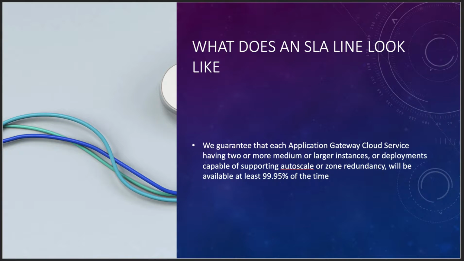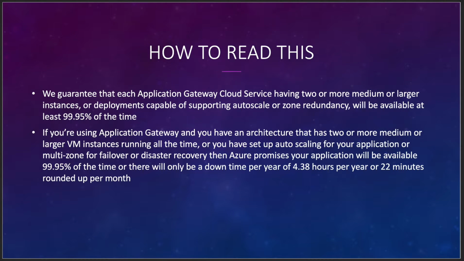So an SLA is pretty straightforward. This is one straight from the tabular data. So the SLA is: we guarantee that each application gateway cloud service having 2 or more medium or larger instances or deployments capable of supporting auto scale or zone redundancy will be available at least 99.95% of the time. And that sounds pretty good, but there's a way to read this and understand how that works. So we guarantee that each thing meeting these conditions that has failover set up will be available at least